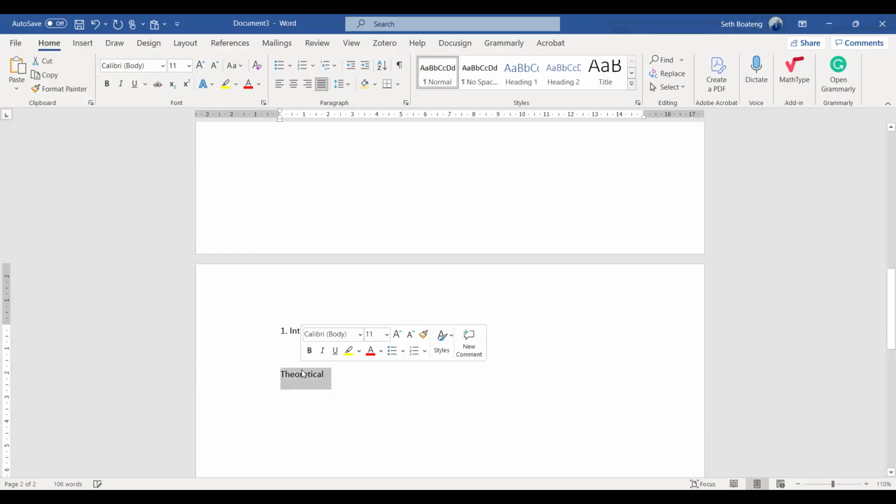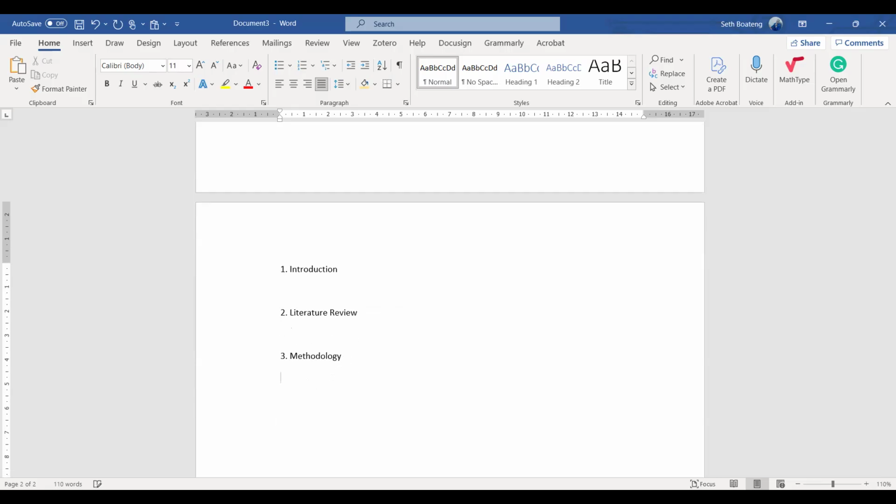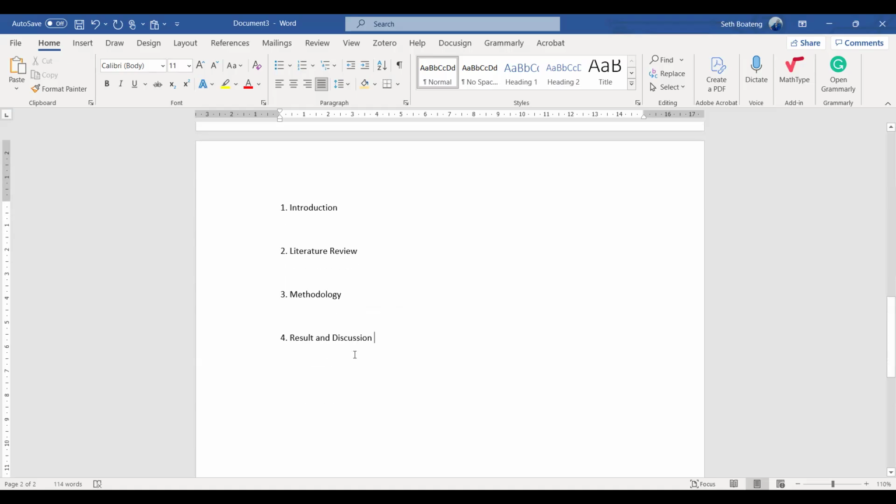So let me use theoretical literature review, then methodology. So you have these sections, you break each of them down. Then you have results and discussion, or result alone, then discussion.